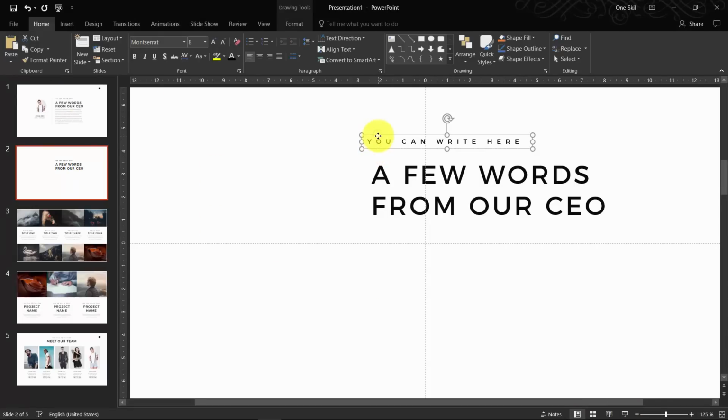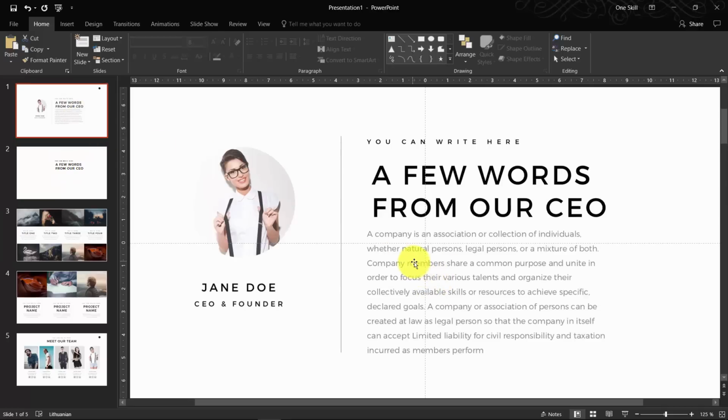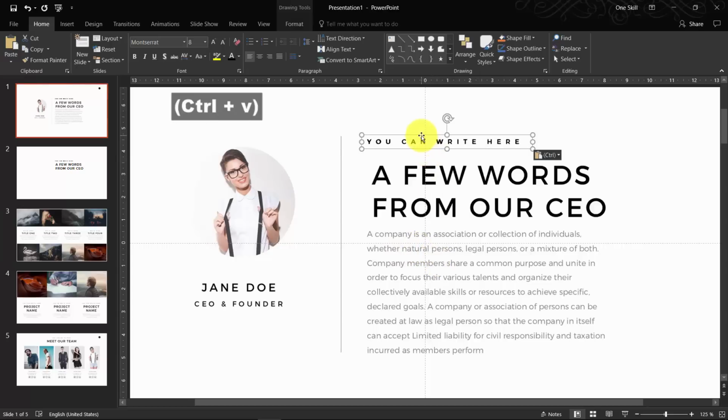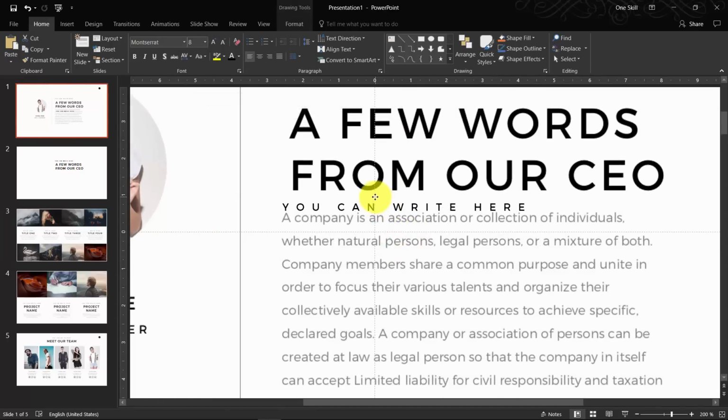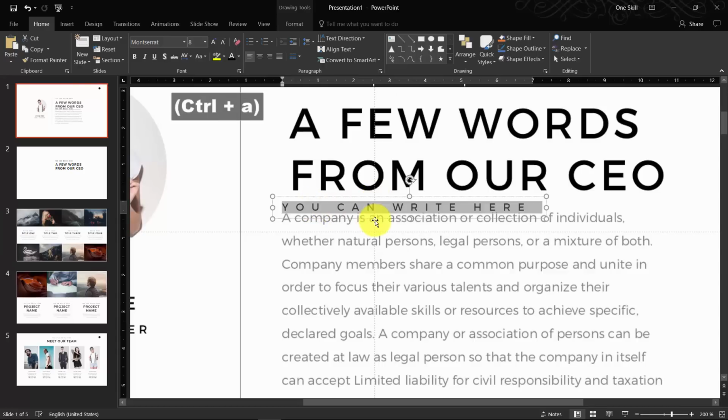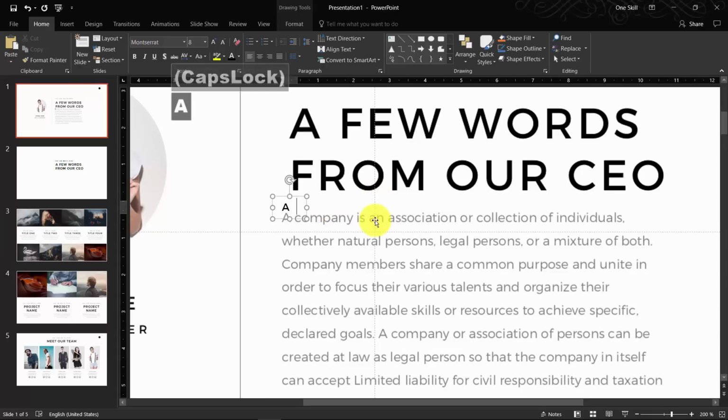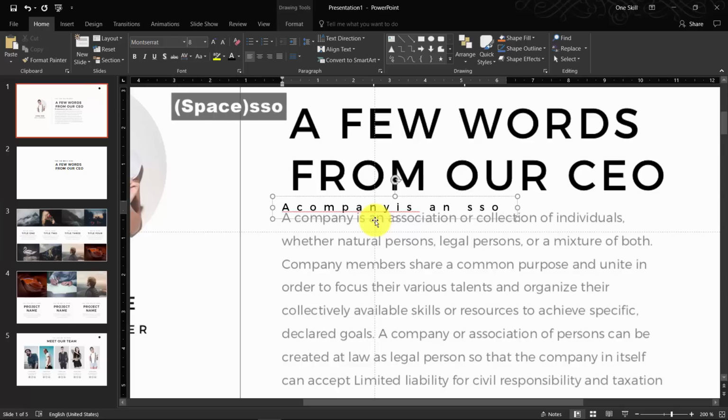Okay, now let's copy this text box that we just did. Let's get back to our original slide. Not our, but the Versus template. Now let's try to do this bottom text box. So first of all, let's type the text. Of course, we will not type the whole text, but just some of it. So a company is, and so